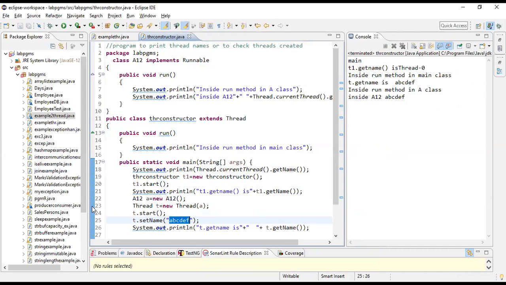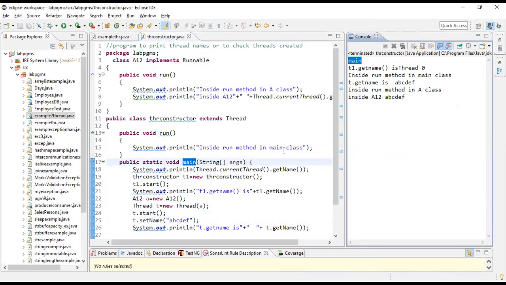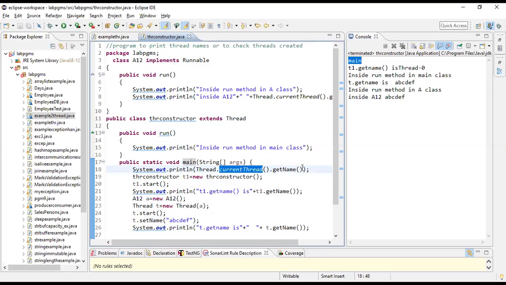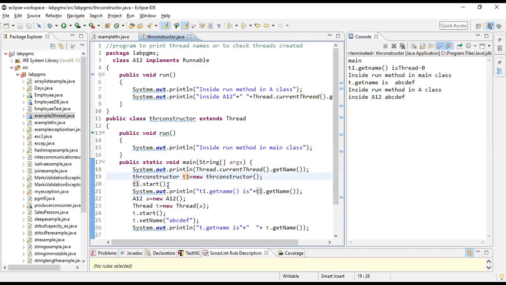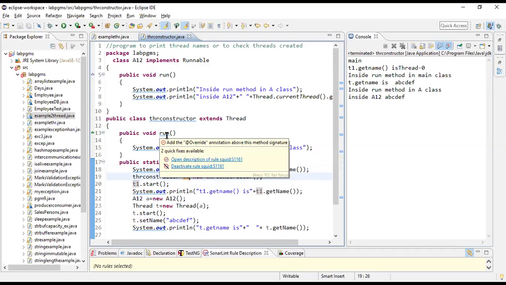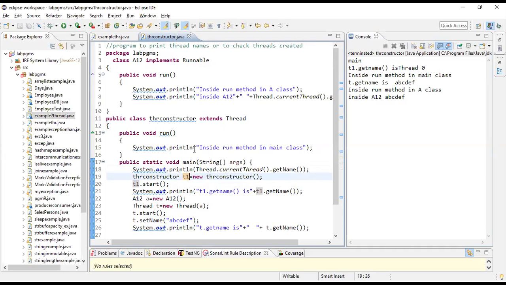Right now, see here. The first statement, what is the name of your main thread now? Just main, no thread and all. Directly the default name associated with your main is main only. Main is a thread. That is the reason when you are writing currentThread, you got main as the answer. Next one, I am creating T1, and what did I tell you? T1.start will make sure that your run method is invoked, right? If run method is invoked and if it is executed, you should get first inside run method in the main class. This should be the second statement. But is this the second statement? No. What happened? It came here.